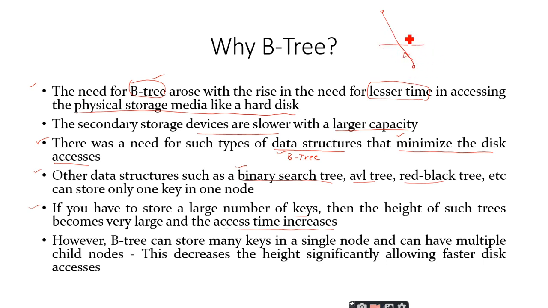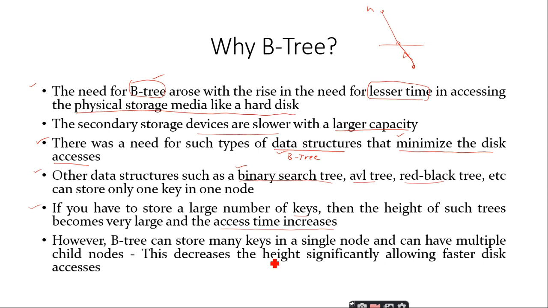Let us say this is height h. In order to reduce the height, what should you do? You should allow each and every node to have more than 2 children. If we allow it, we can get a tree which has less height, right? So when you reduce the height, the access time for the keys will be reduced. When you reduce the access time of the disk, you are going to achieve the search, insertion and deletion operations in an efficient manner. Is it clear up to this point?